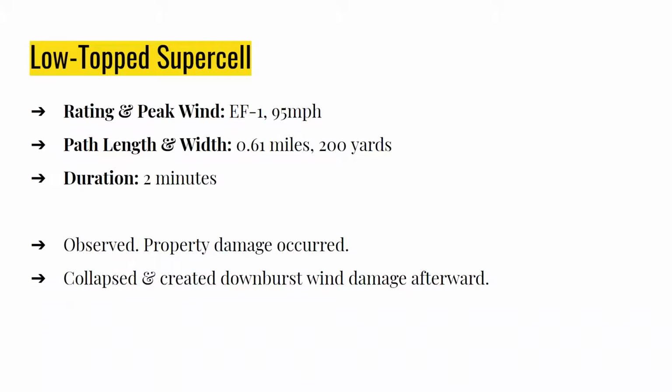Okay, so August 31st, we ended up having a low top supercell develop and quickly spin up a tornado, and it only lasted for 2 minutes. It was very short in both length and width, but it did do quite a bit of damage. We ended up rating it an EF1. And then right afterwards, the whole cell ended up collapsing and creating downburst wind damage. So what was very fascinating here was I wanted to, again, take a look at GLM data, and